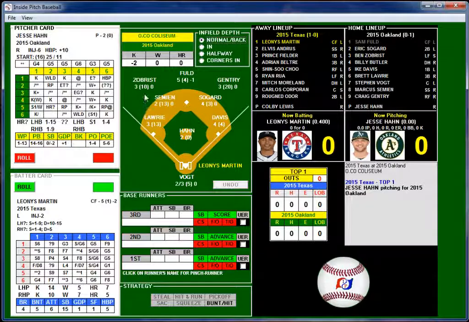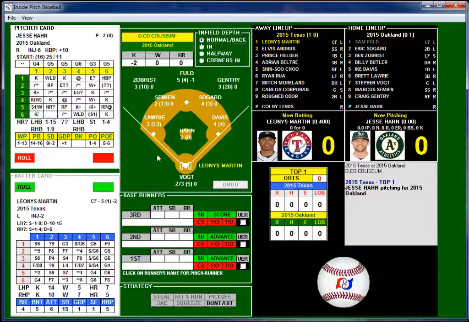As far as errors go, Zobrist 10, which is a little crazy. Gentry has got a 20, which is absolutely crazy. Semien a 13, Lowrie a 13. That's pretty high. A 20, I've never seen a 20. This is the first 20 I've ever come across. So Gentry there in right field. Wow.